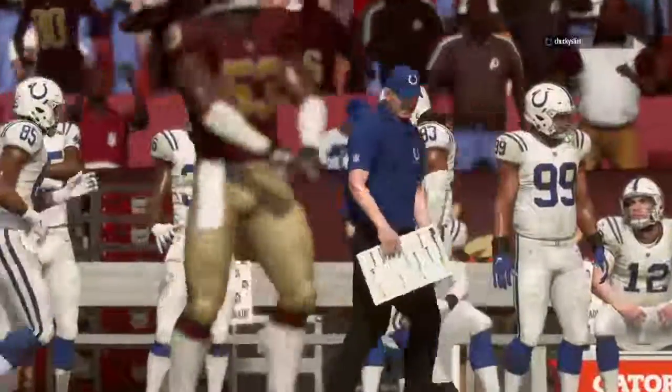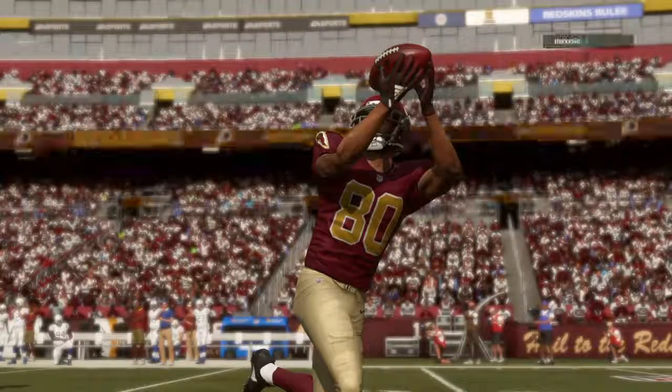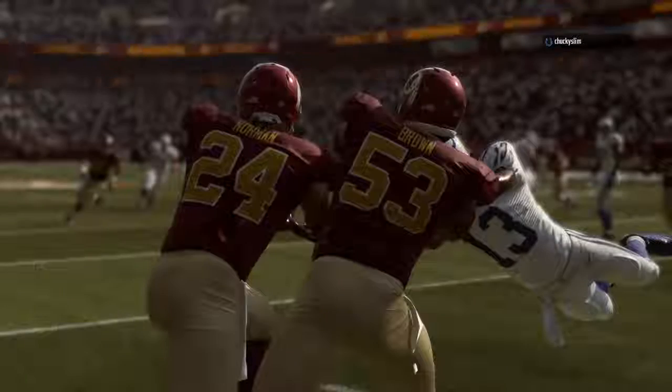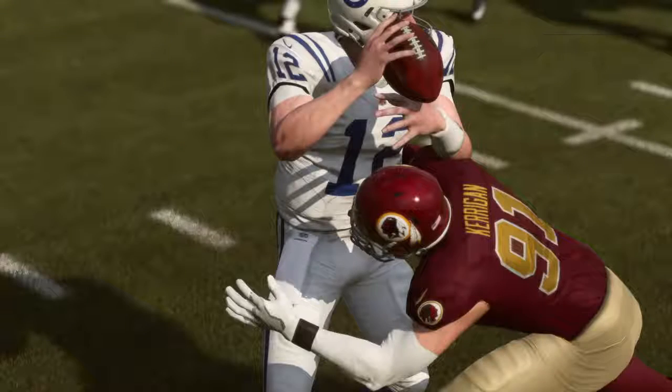Well, I know at points in this when you wanted to close your eyes because of all the points that were being put on the scoreboard, you're a defensive guy, but it was a fun little track meet, wasn't it? It was, and you know the people who really enjoyed this game? They're the ones that like going to batting practice at the Major League Baseball parks, right? Seeing the